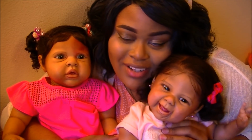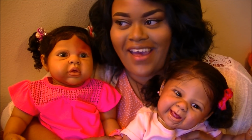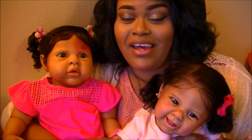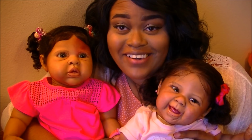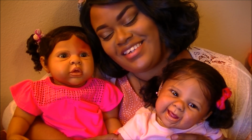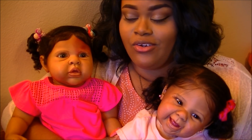She's so precious, so cute, and I just want to say thank you to everybody who gives me the compliment that these two babies look like me. Because I seriously do not see it. I don't think they look like me at all. In fact, I think they're cuter than me. I don't know who their mother or father is, but they're really cute. And thank you so much, because they're such beautiful dolls. So thank you guys. Okay, so I'm going to put these little munchkins away, and then we'll get on to